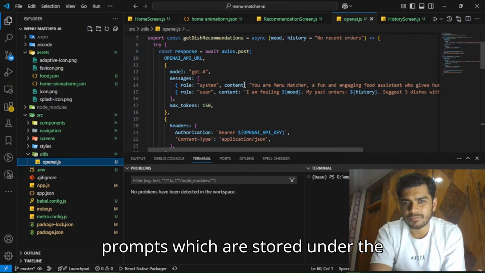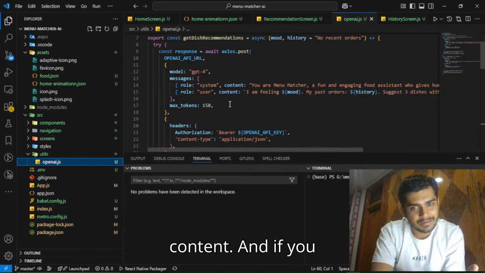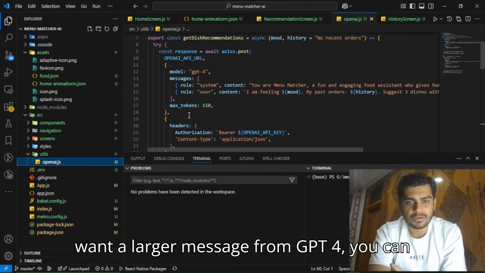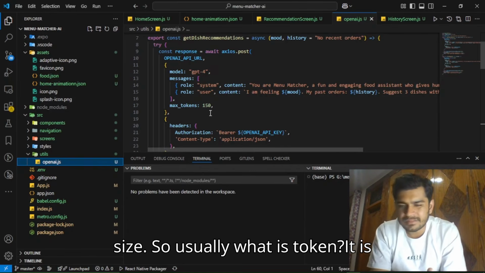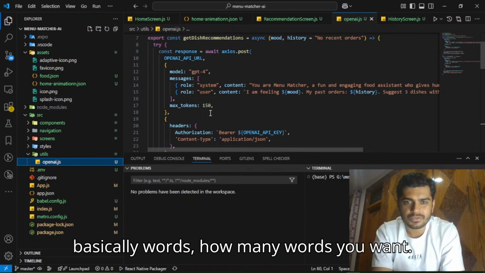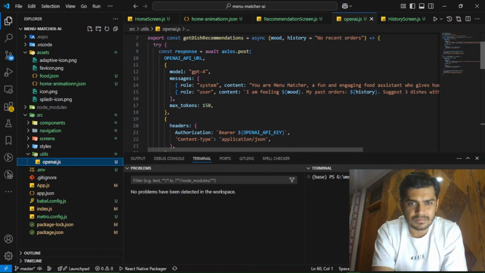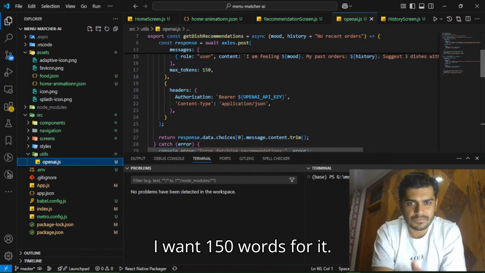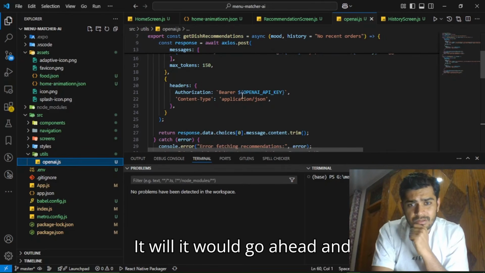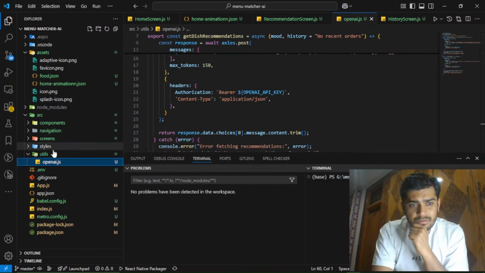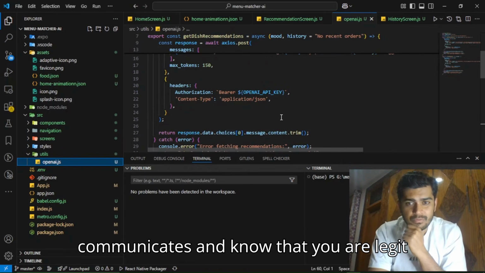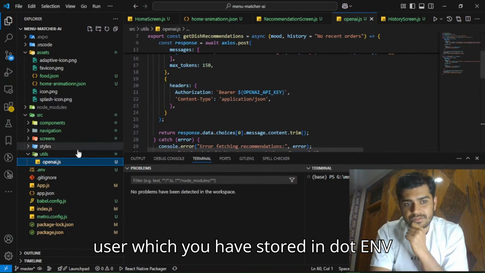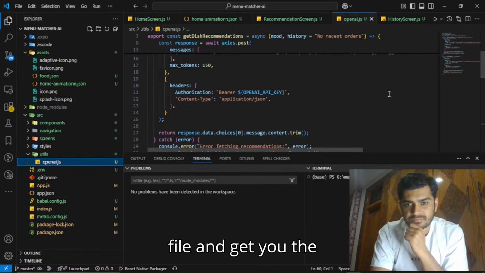And these are the prompts which are stored under the content. If you want a larger message from GPT-4, you can increase the max token size. So loosely, what is a token? It is basically words, how many words you want. Right now I want 150 words for it. It will go ahead and check for your API key. That's how it knows that you are a legit user, which you have stored in the .env file, and gets